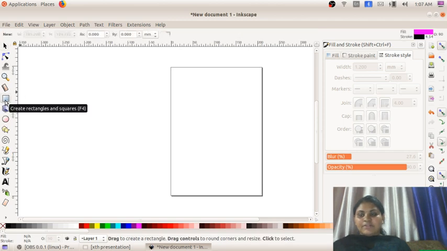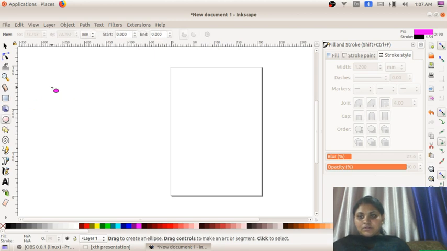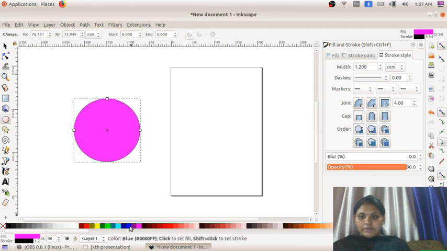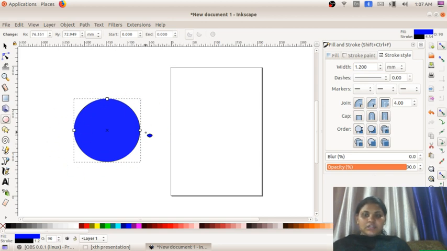So once more I will explain. This time I will draw a circle. I gave blue color for that. Okay. So this is the color filled in this shape. So what is this?